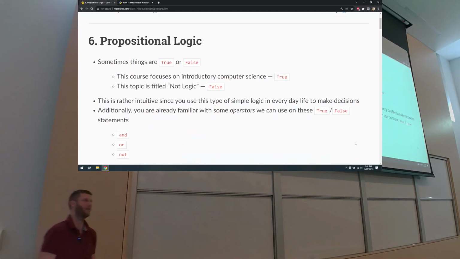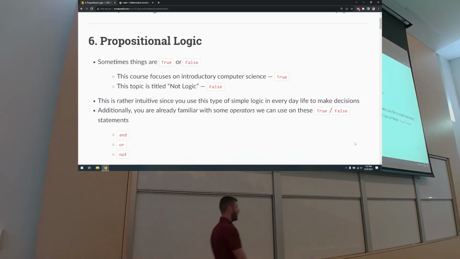Okay, now, propositional logic. Right now, I'm about to give you a lecture on something you already know very well. Nothing is going to blow your mind here. All of these ideas you're familiar with. But you probably haven't talked about these ideas as formally or as deconstructed as I'm about to. First and foremost,